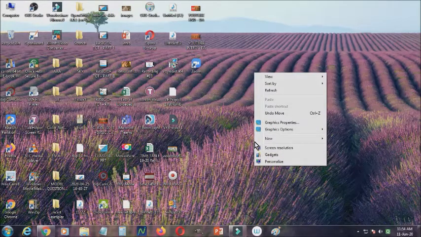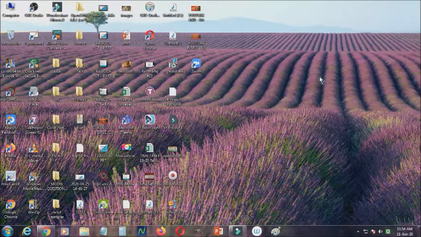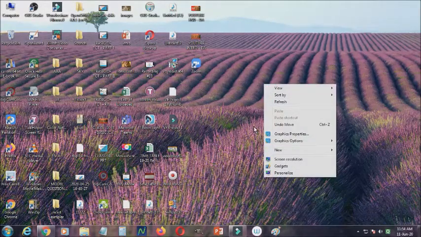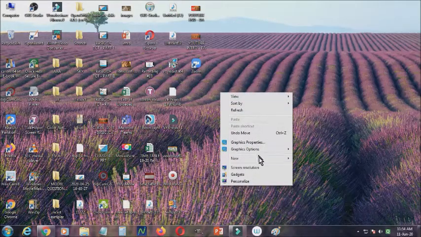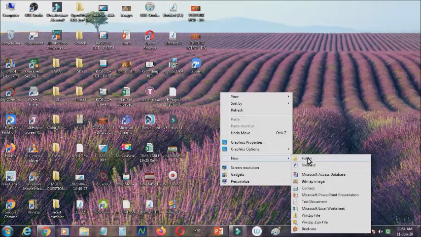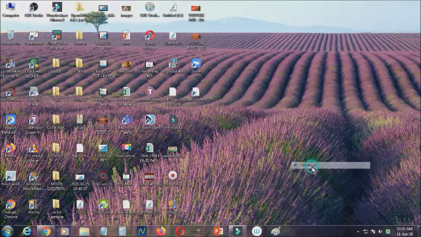And creating shortcuts. If you want to create a shortcut for any program, you can create that shortcut on the desktop. For that, just right click the mouse. Here you can get new and shortcut. If you click that shortcut, it will ask for which program you want to make a shortcut.